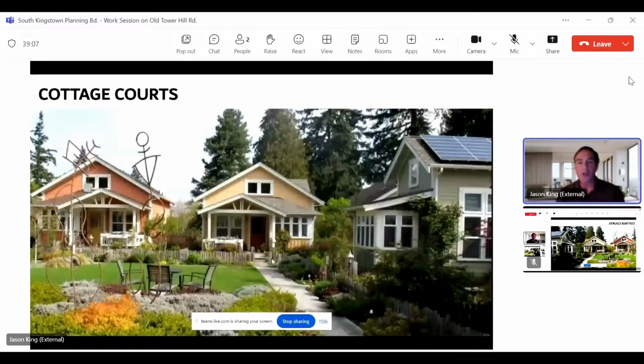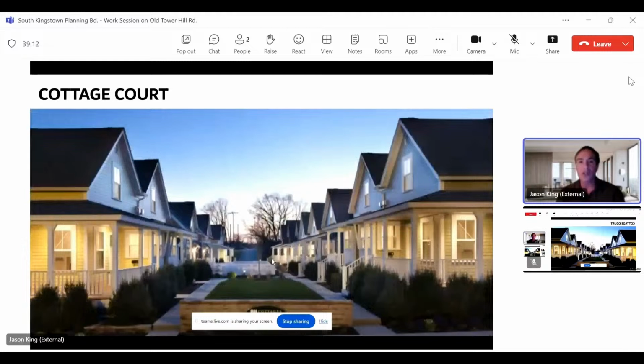It's also the use of cottage courts. These are small houses on small greens without yards, with a common shared yard. This is a cottage court design done by Donald Powers, Union Studio Architects. These are both duplexes and a cottage court. So this is tight living. These are small houses, 800 to 1,000 square feet. But it's still a front porch community. It's still a dignified, self-respecting, cool kind of place to live.